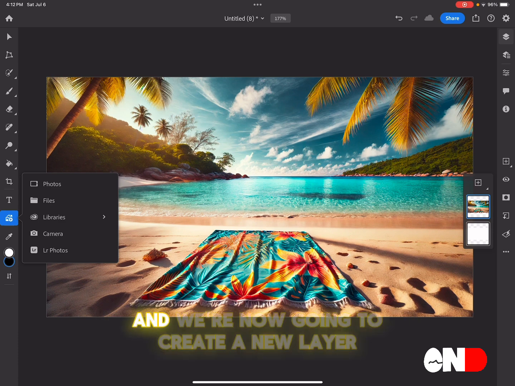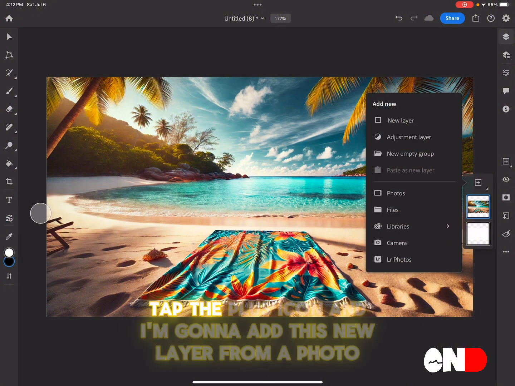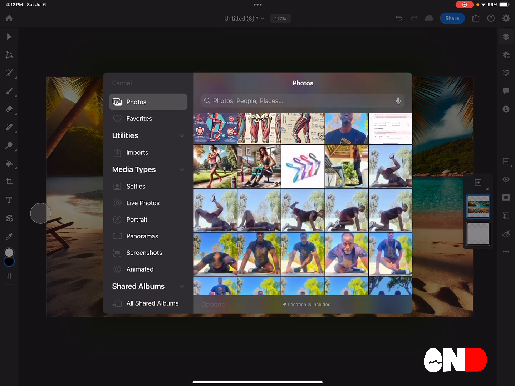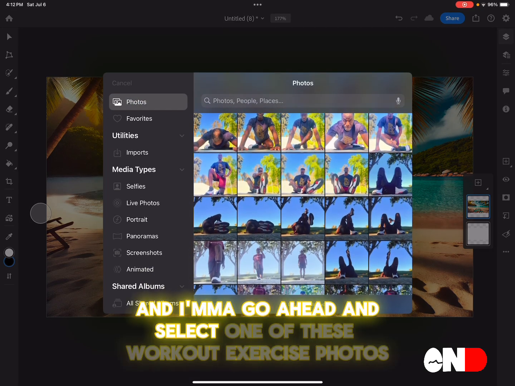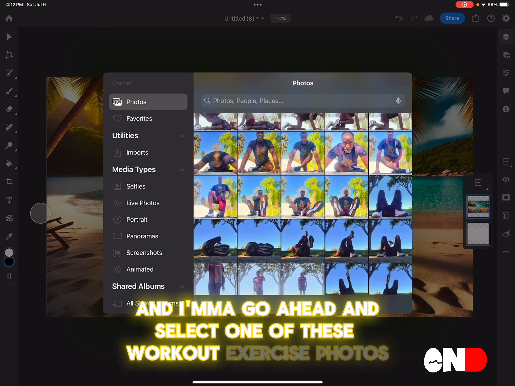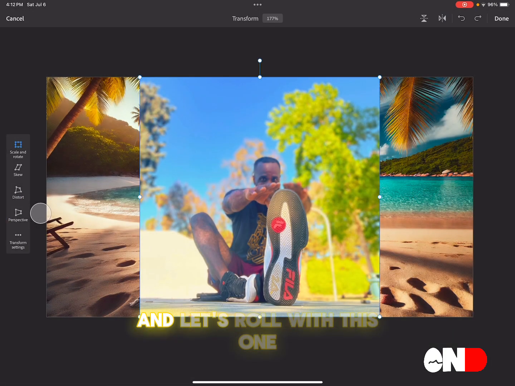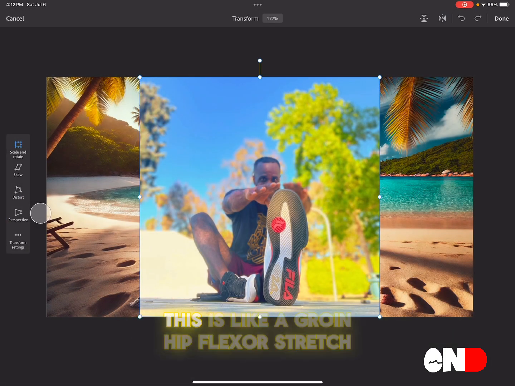and we're now going to create a new layer. Tap the plus icon, and I'm going to add this new layer from a photo, and I'm going to go ahead and select one of these workout exercise photos, and let's roll with this one. This is like a